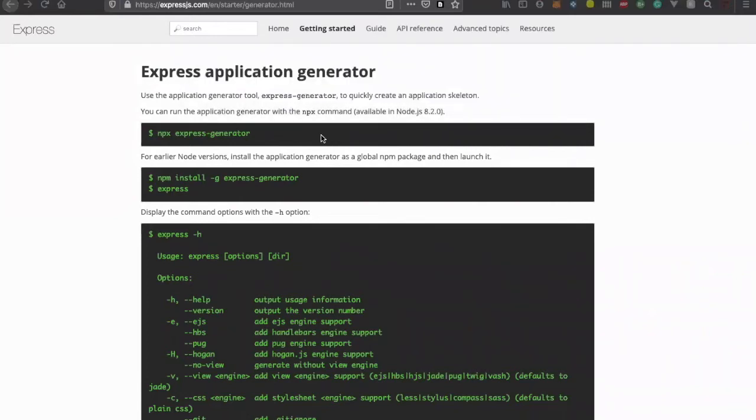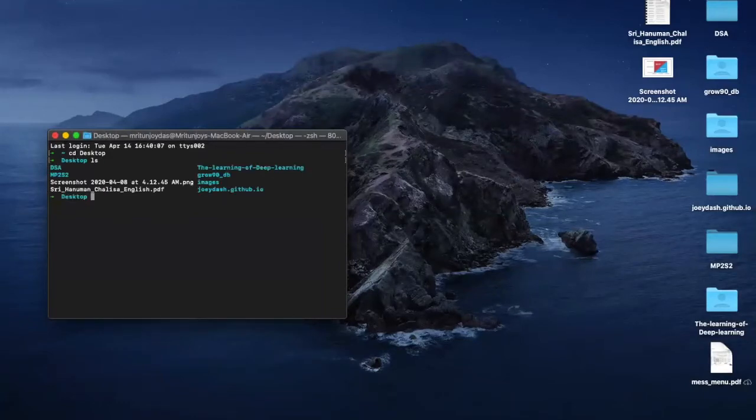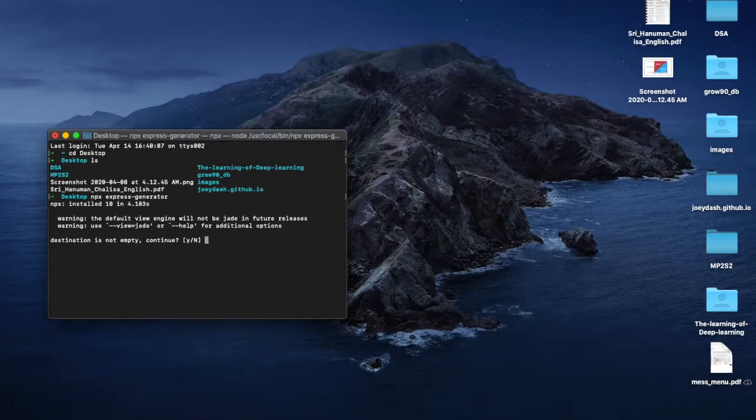First of all, you have to open the command prompt and go to any of your directories where you want to do all those kinds of coding. For me, I'll be using desktop, and I will do npx install express-generator. If I do that, it will automatically install Express generator in my